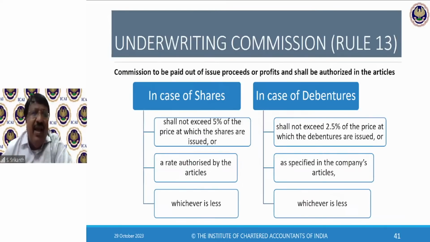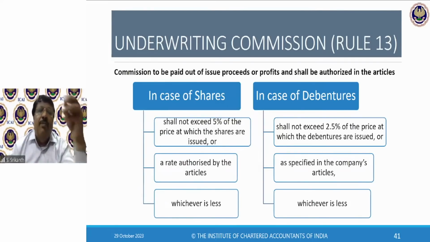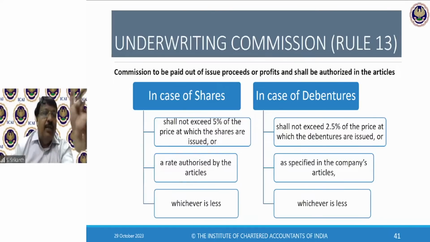So in a way, underwriting is like an insurance. When there is an uncertainty, you go for underwriting. Underwriting is not compulsory. SEBI has not made underwriting compulsory. If you think there is a possibility that your issue may not be fully subscribed, then you have to go to an underwriter. Obviously, the underwriter will not do this free. They will be charging a commission on the share price, the price at which the share is issued. So if I am issuing a 10 rupee share for 350 rupees, I have to pay commission on the 350 rupees per share into the number of shares.